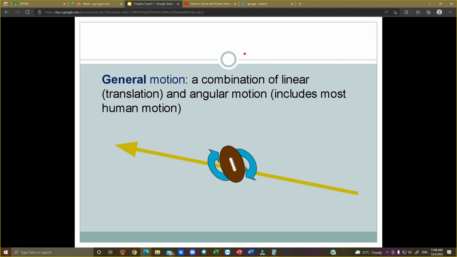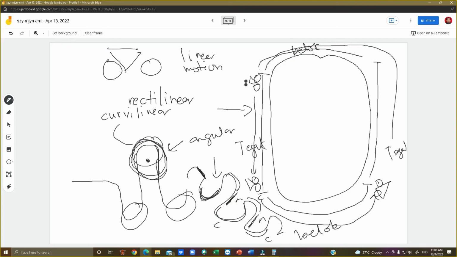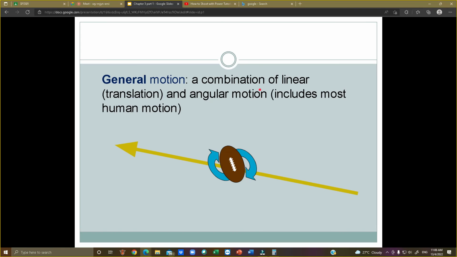linear and angular. So most of human motion is general. Like this bicycle, the bicycle moves straight, but in order to move straight, you're going to have rotation at the wheels and rotation at the pedals. All of this is angular. So the motion of the bike as a combination is general. But if asked what motion the bicycle does going around the track, that is linear motion, because we see the bike as a whole. If you dissect the bike into wheels, sprocket, pedals, and human, it becomes angular motion. Combine those two, and it becomes general motion.